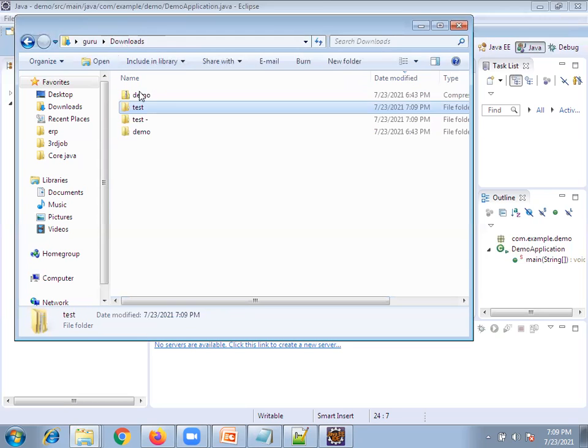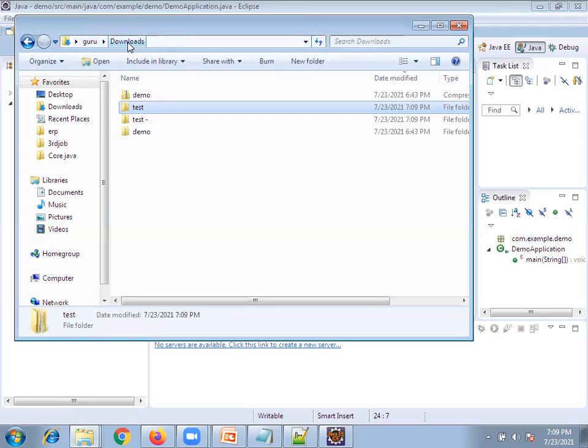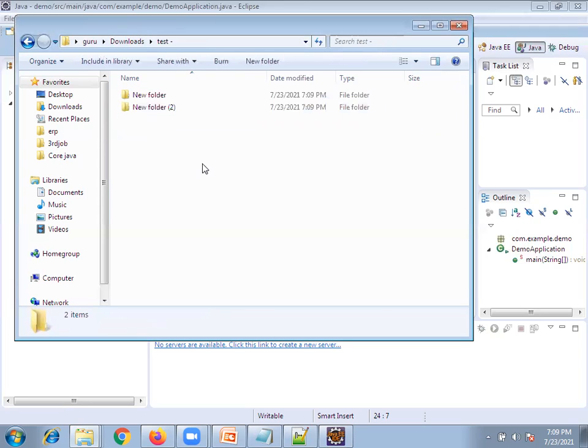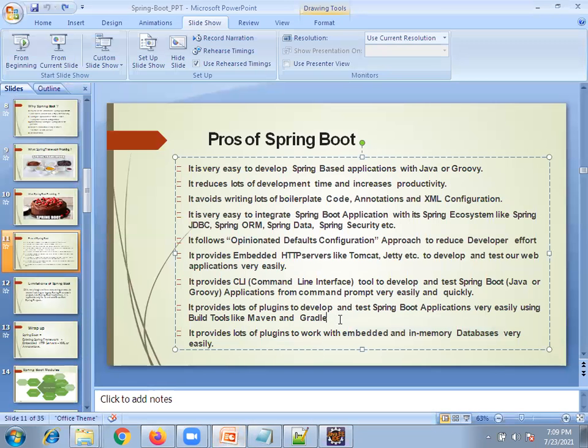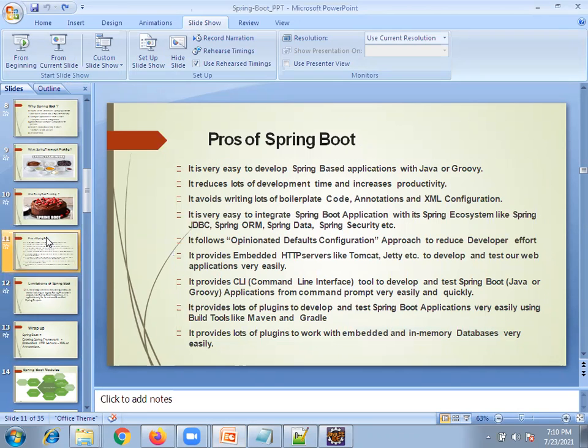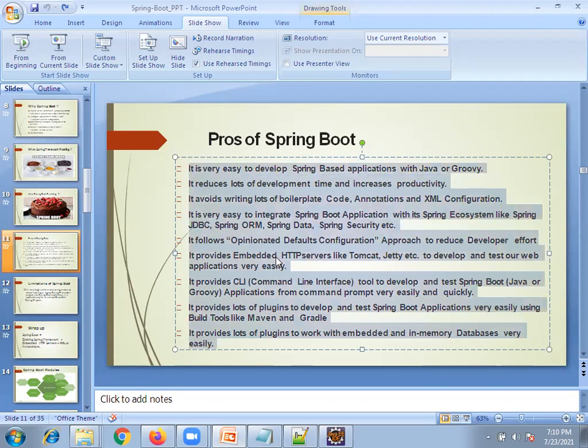If you are trying to do some R&D in production data, it will delete. You need to get the soft copy and practice here. That is what it is going to provide. An embedded built-in in-memory database will be provided by Spring Boot to cover the code coverage. Clear? What is the advantage of Spring Boot? Yes, sir. Clear or any confusion?